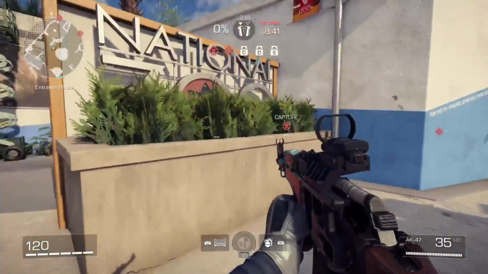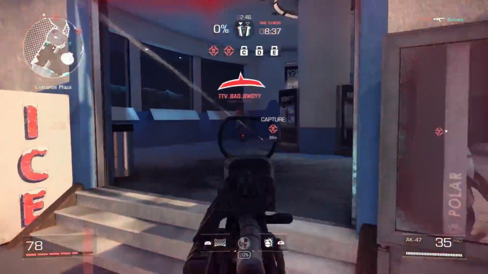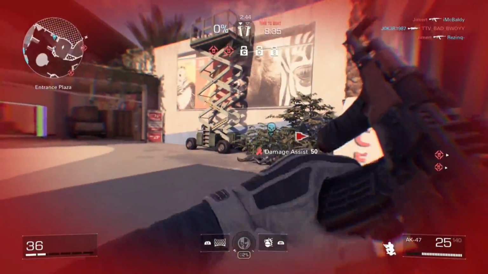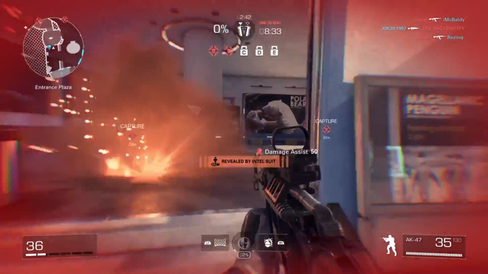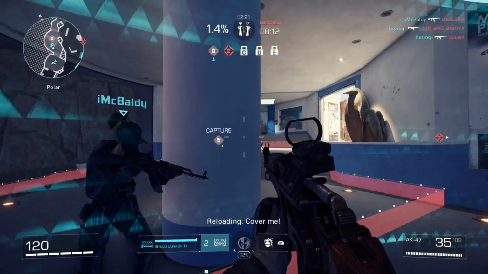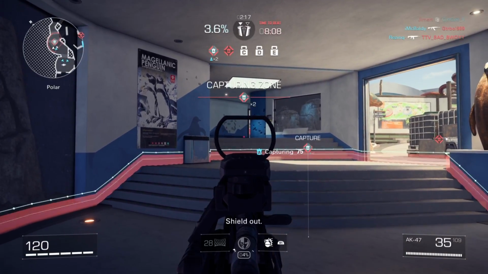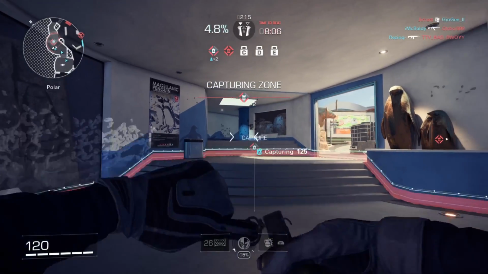This is very similar to Escort. It's also the same maps. Again, you have to gradually move across the map and get to the other side. In this one, you have to capture zones to get to the other side. So first you have zones A and B, which you have to capture. Then you can move to zone C, which is a bit further. Then if you capture zone C, you can move to D and E, which is kind of the other end